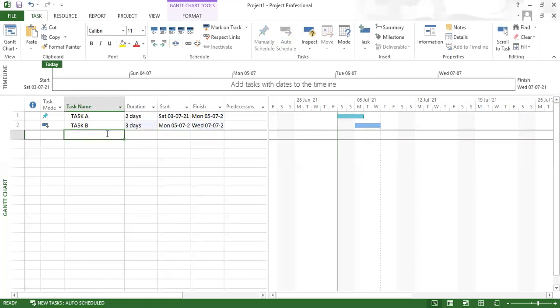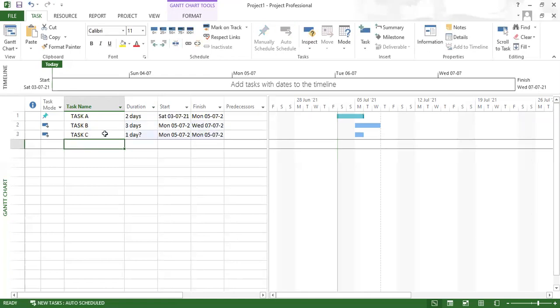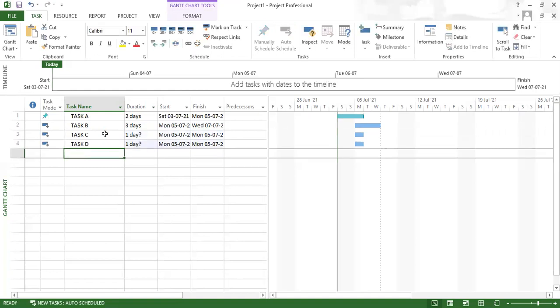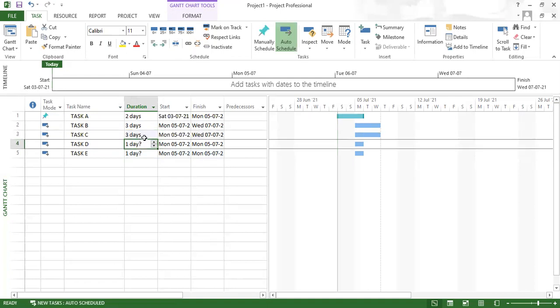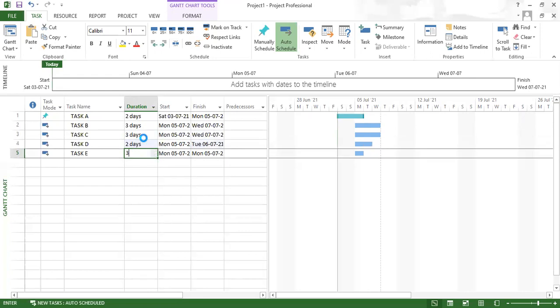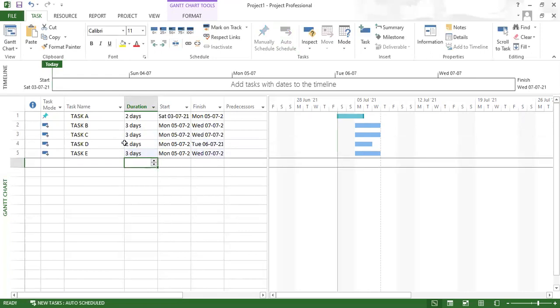Like this, whatever tasks you require, you can add here. So task D. When I click enter, automatically it will display the start and finish of the respective task. This is how we add a task and give the duration of the respective task.